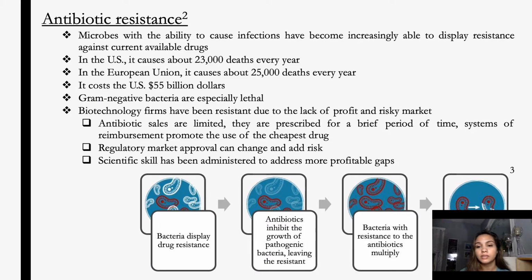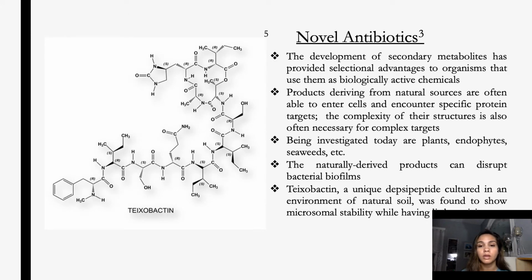However, over the past few years, these pathogens have developed mechanisms to fight the antibiotics that we use to kill them. It causes about 23,000 deaths a year and billions of dollars just in the US. Unfortunately, there is not a lot of innovation because it is not a very profitable business. Due to the many mechanisms they have to prevent the antibiotic from inhibiting their growth, new ones are arriving, and they're usually naturally derived due to the lower toxicity and higher stability of these.